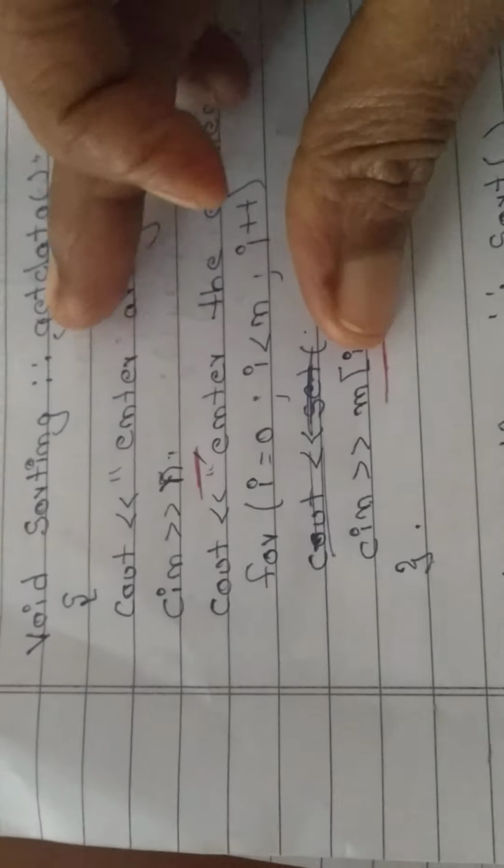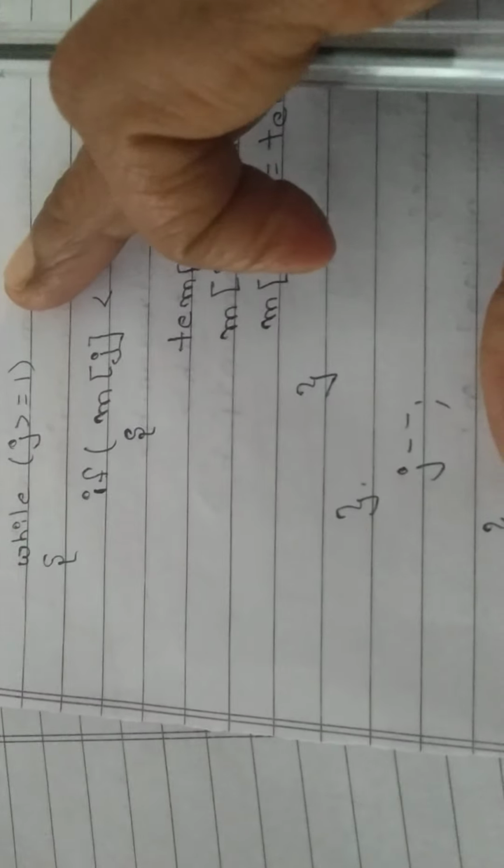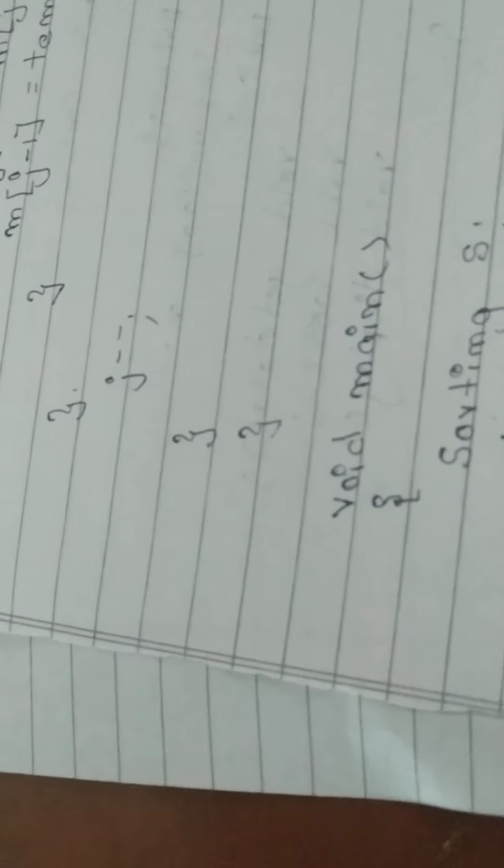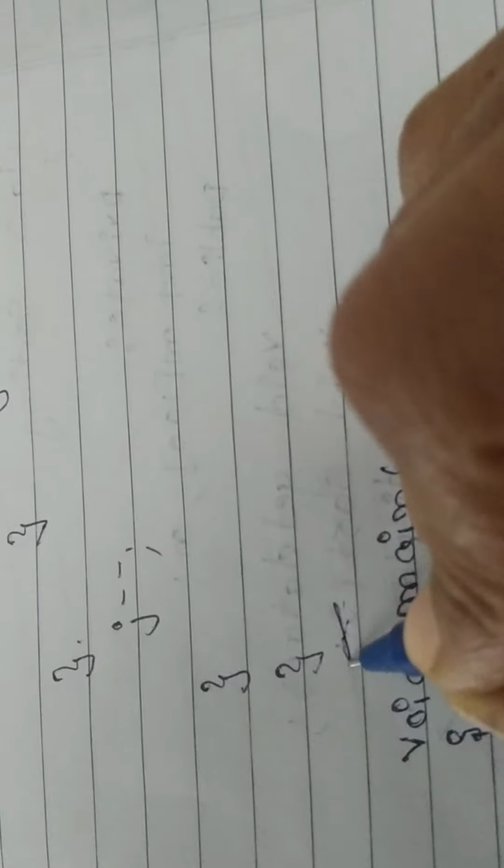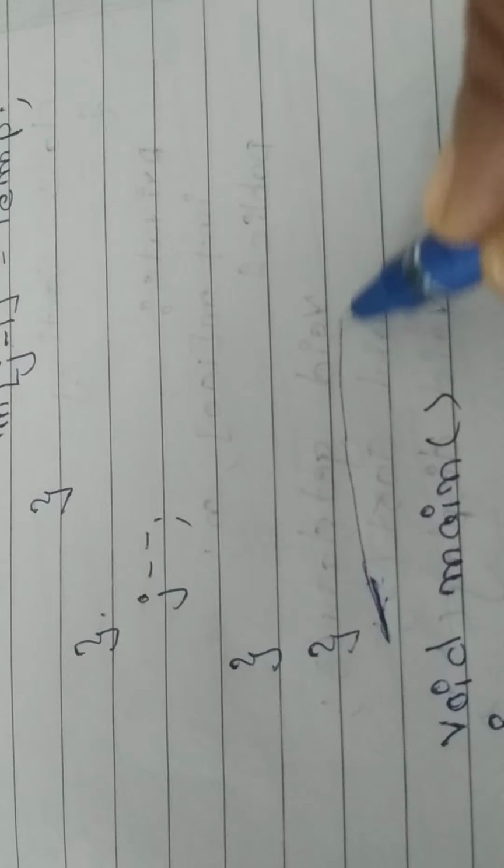So in void main we created an object for that, object dot first function. So the program executes here, s dot get data of means it goes to get data of, executes this part and comes back here. s dot sort of means all the sorting part it will execute. Next s dot display of. Your ma'am forgot display here. Here one more function is there, display. You can write it here, but that code I am writing here.